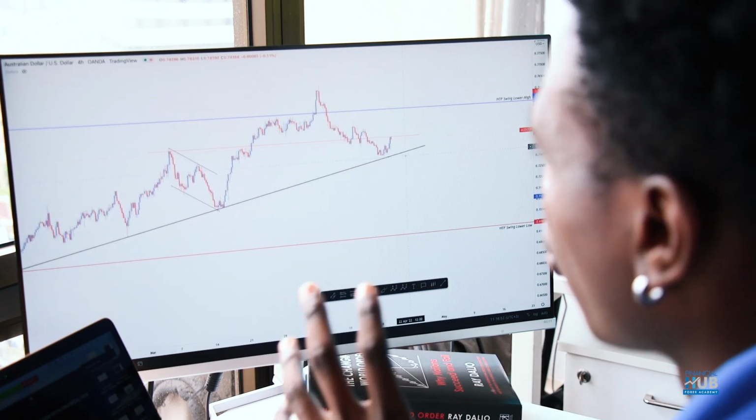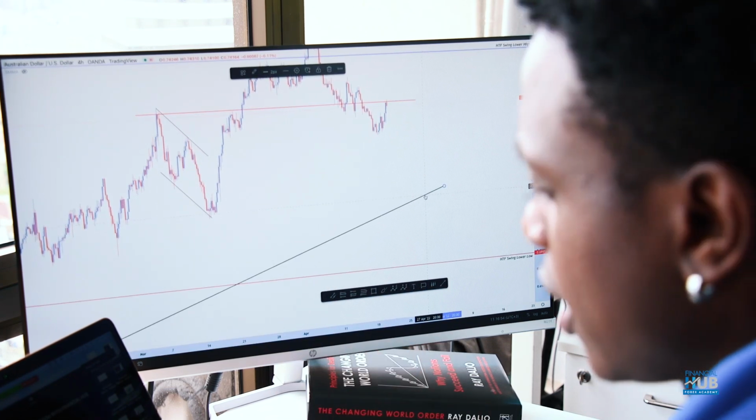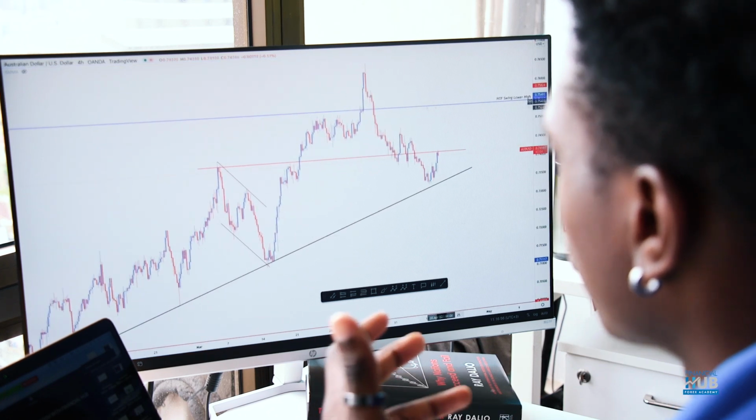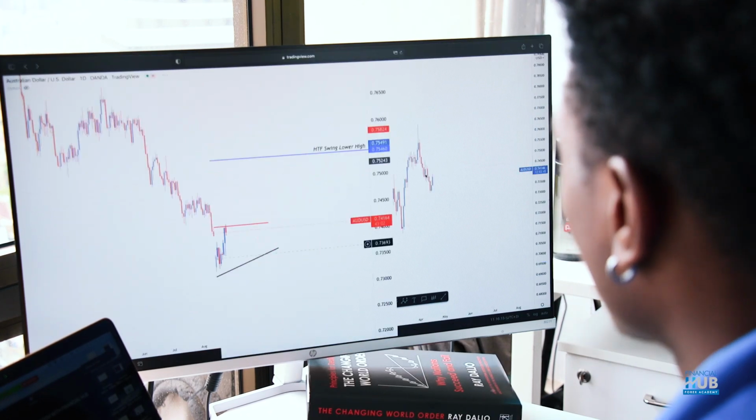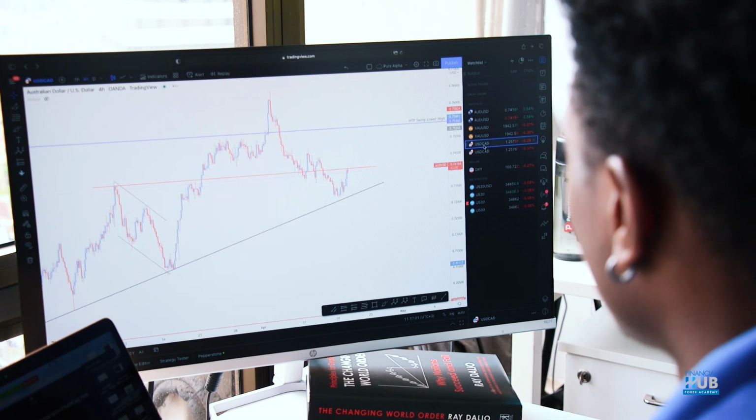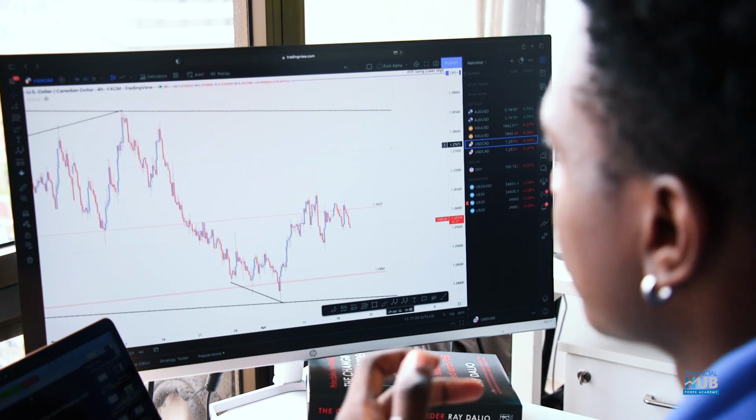I won't say much over here. Not many patterns are forming for me. I can't see anything of significant importance on this one. So that's all I have on that one. If you go to USDCAD, which is the last pair that I trade, I normally just trade 4 pairs.